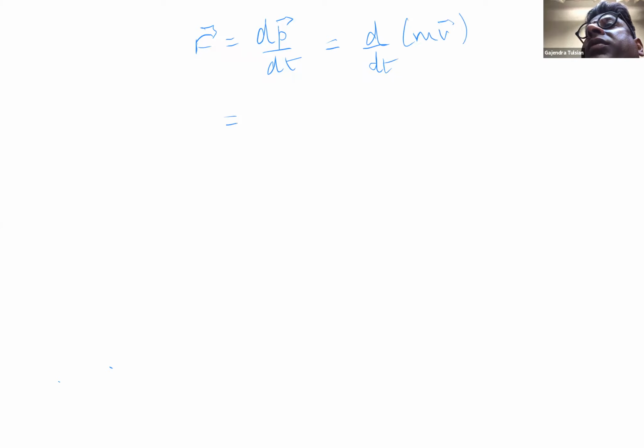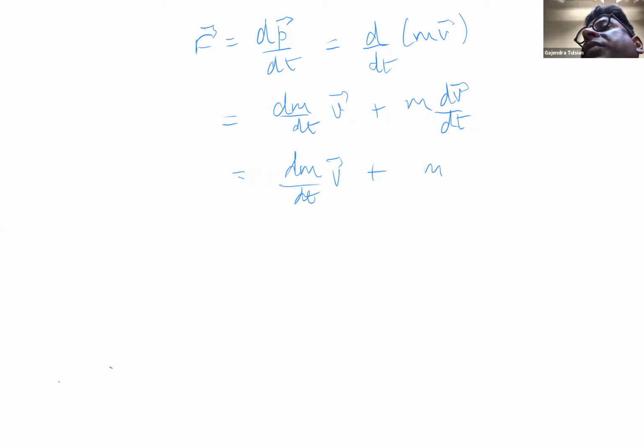Using the chain rule, it's dm by dt times v plus m dv by dt, which is equal to dm by dt times velocity plus m times acceleration. In most cases, the mass of the object does not change, so this term is 0, and so what you see is